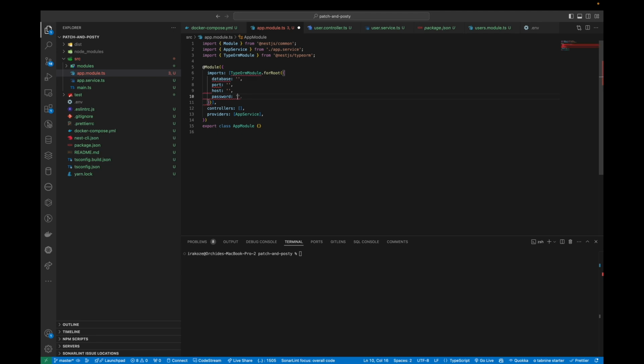Password. And I think that's it for now, just so that we can be able to connect to our database. Now we need one more dependency. We're going to be adding